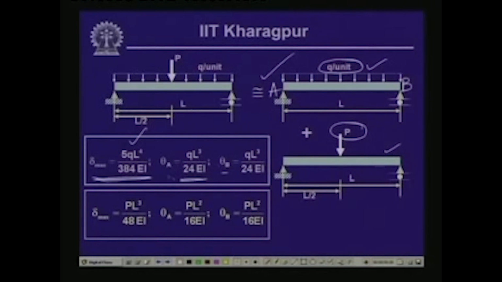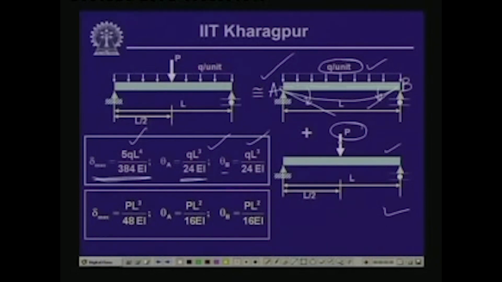Now, here of course, we have not given the sign of the slope. As you have noticed earlier, if you take the deflection curve, the slope at this point is a clockwise one, which is negative, and the slope at this end is anticlockwise, which is positive, but magnitude wise it is qL cube by 24 EI. Now, if we consider this particular beam with a concentrated load